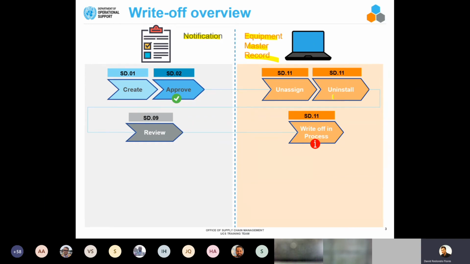We unassign it, we uninstall it, and then we set the status to write-off in process. Now that the write-off is in process, the disposal planner will initiate the write-off case. We'll prepare the case, and then eventually the case will go for review of the local property survey board or HQ